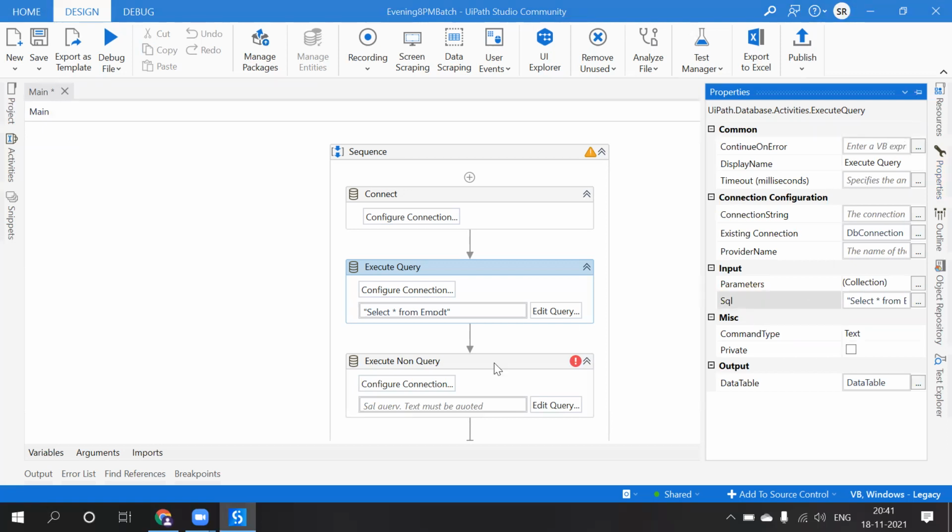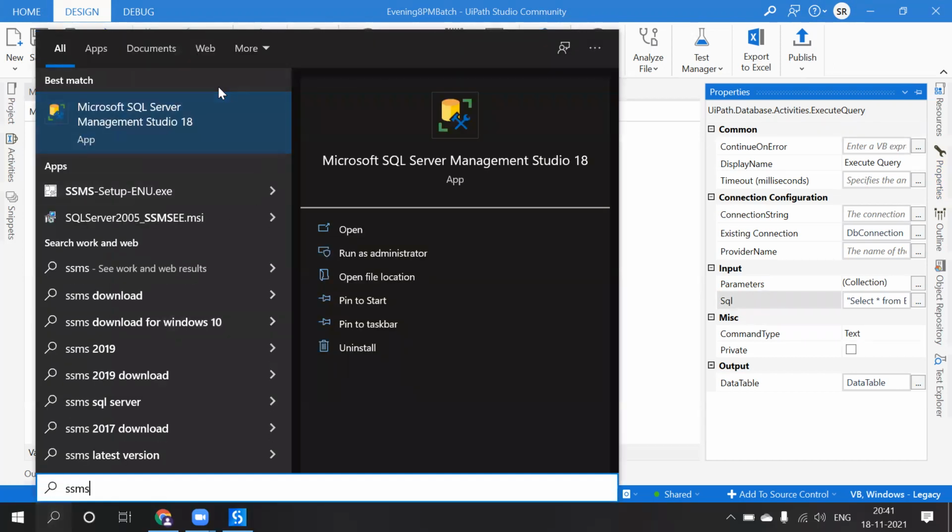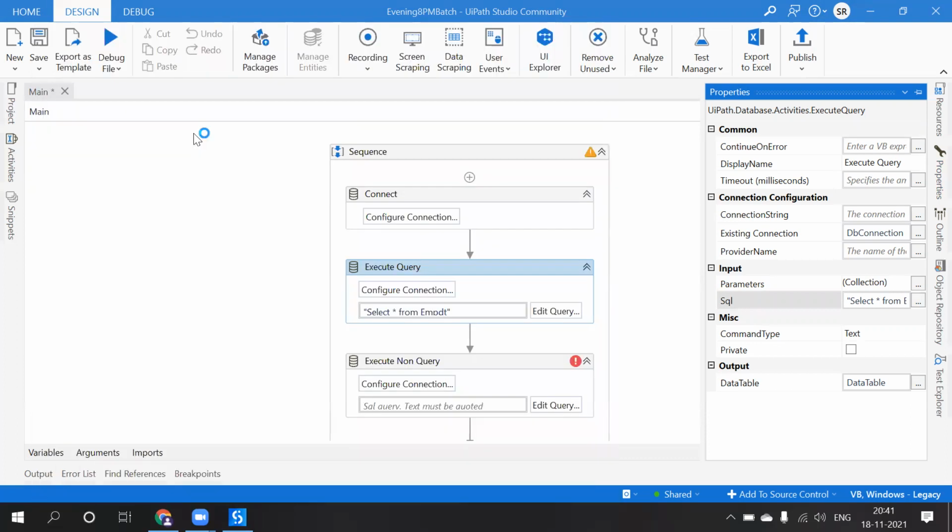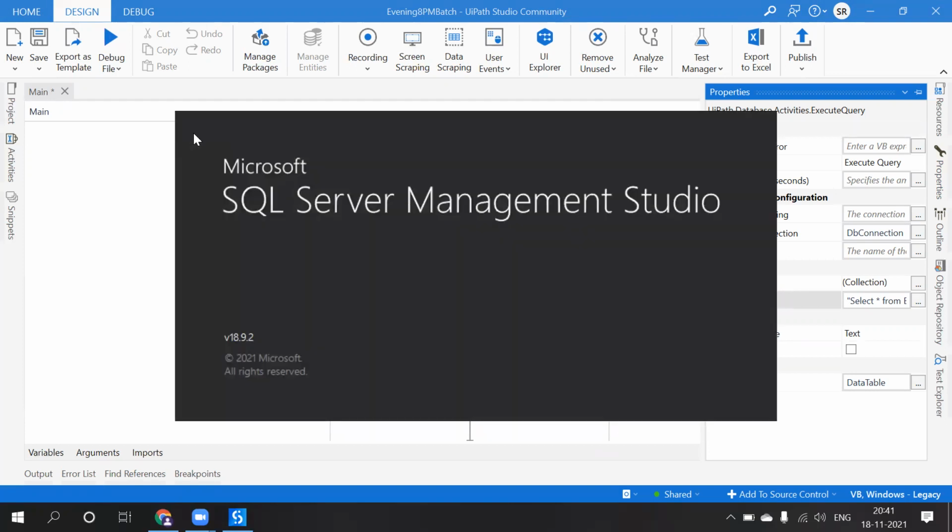Okay, so in SSMS we'll see one simple query statement, and then we will see what result we will get in the execute query activity. For example, if I delete something from the table by writing a delete query,